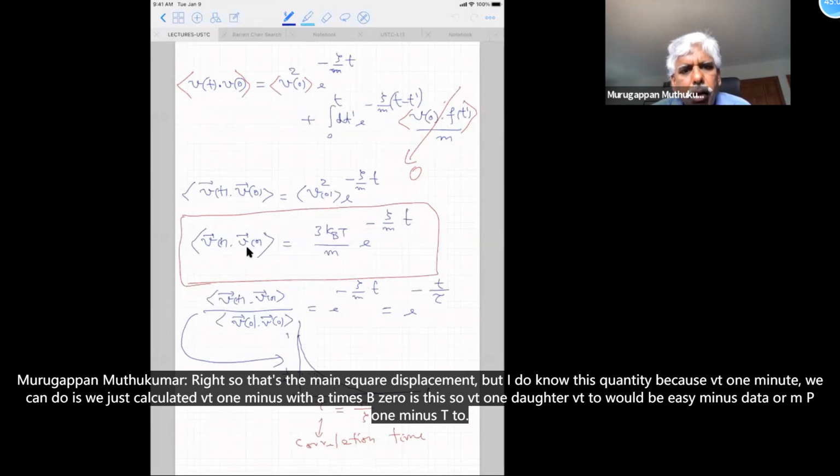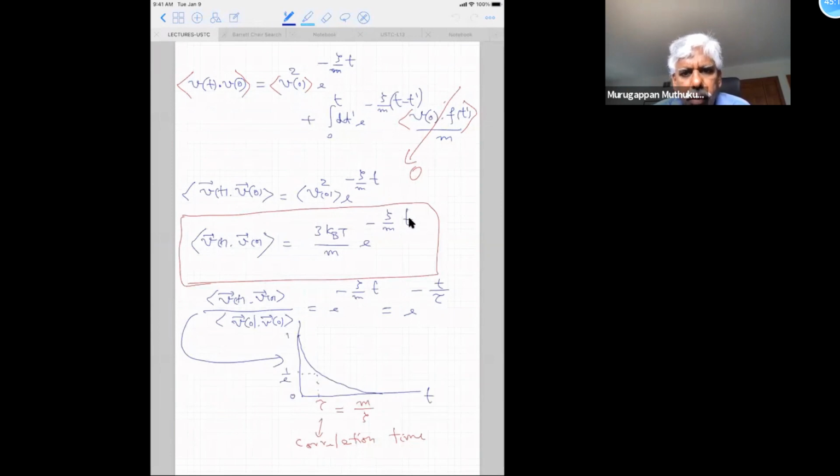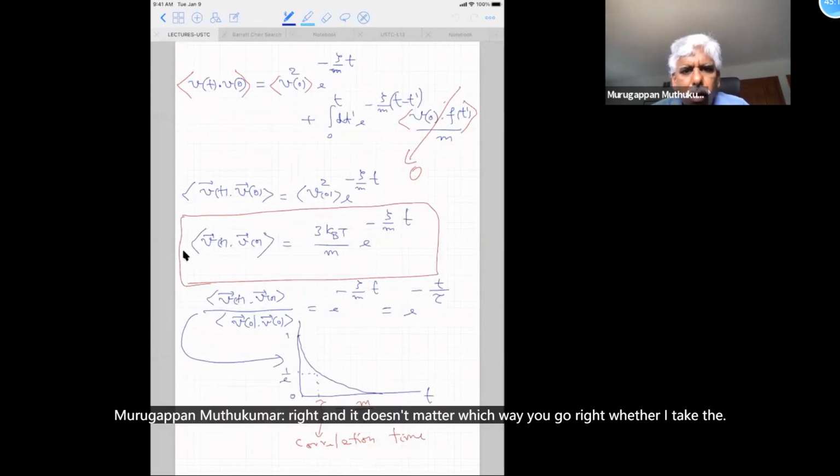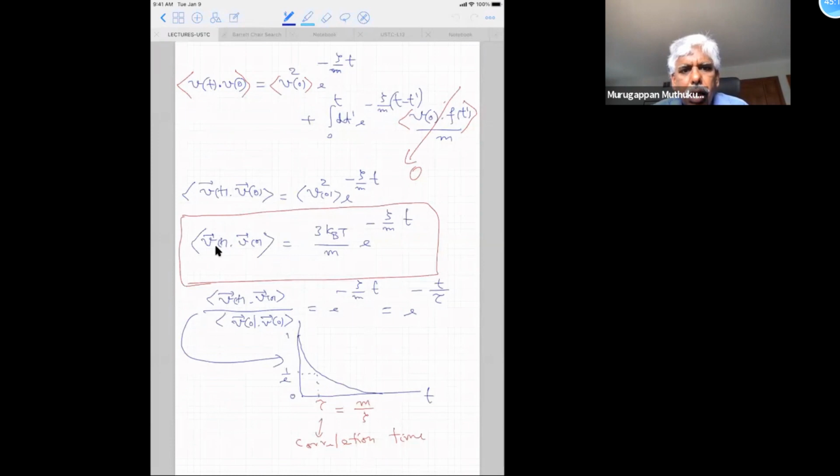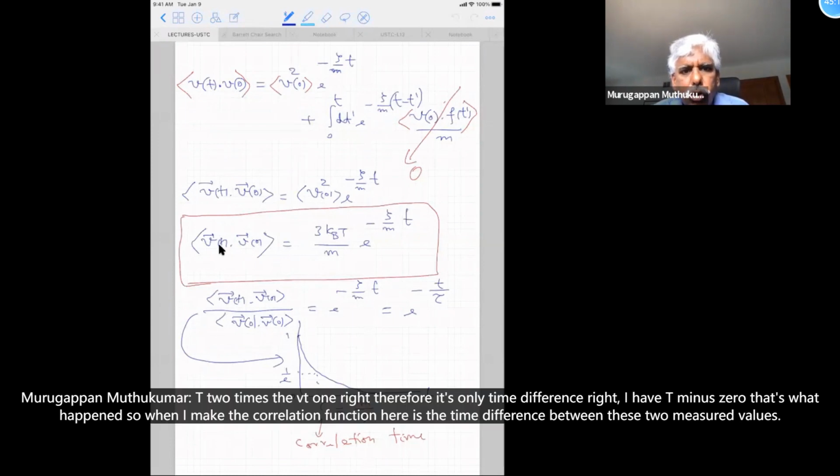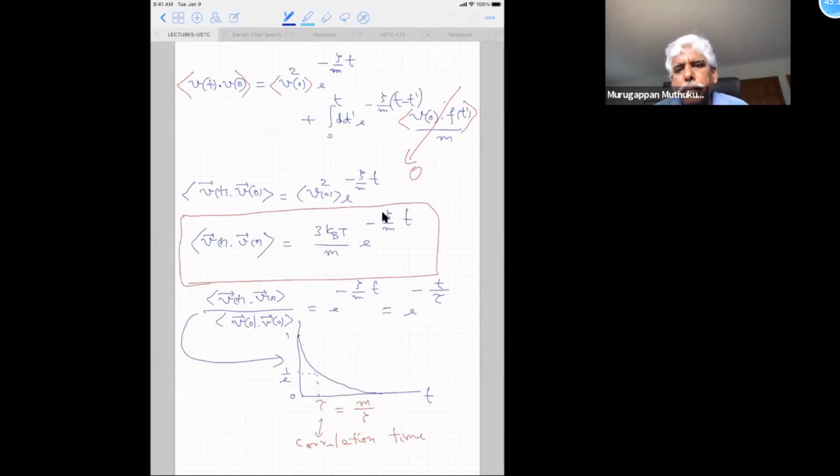So vt1 dotted with vt2 would be e to the minus zeta over m times t1 minus t2, right? And it doesn't matter which way you go, whether I take vt2 times vt1. Therefore, it's only the time difference. I have written t minus 0. That's what happens. So when I make the correlation function here, it's a time difference between these two measured values,